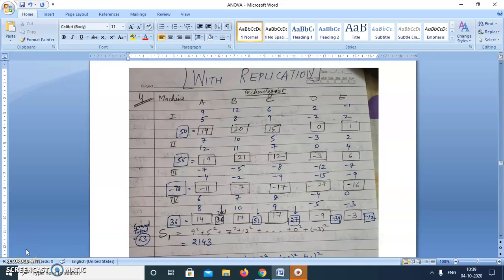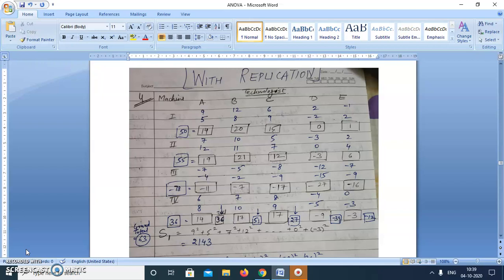Good morning to all. So today we'll continue with chapter number 12, analysis of variance technique. In the last two classes, we have tried to understand what we mean by the ANOVA technique. ANOVA is analysis of variance. Basically, when we have to compare the variation between more than two data sets, then we go for this technique. We have already done two types of questions under the ANOVA technique, that is one-way ANOVA and two-way ANOVA without replication.